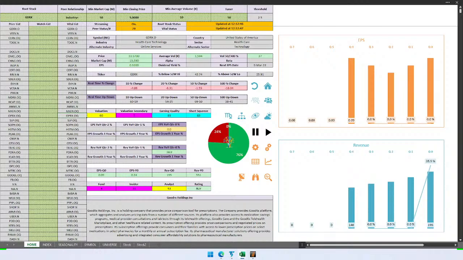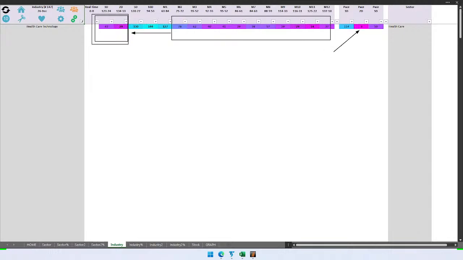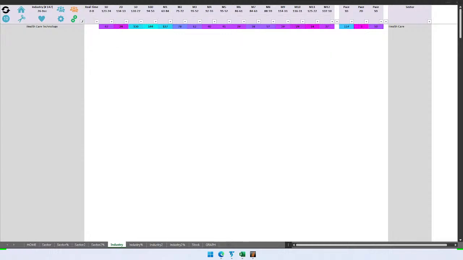Industry relative score checked from QH. It's weak. It was strong in the middle, weak for a long time, and weakened again with deceleration over 5 days. So healthcare technology industry is weak, allows me to short. So Gdrx is a shorting candidate.